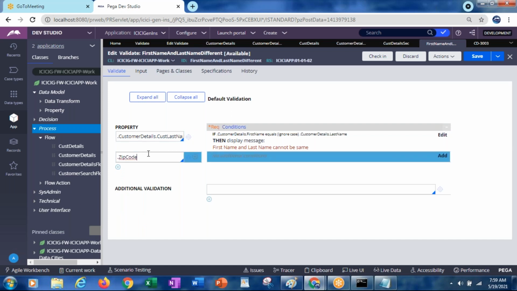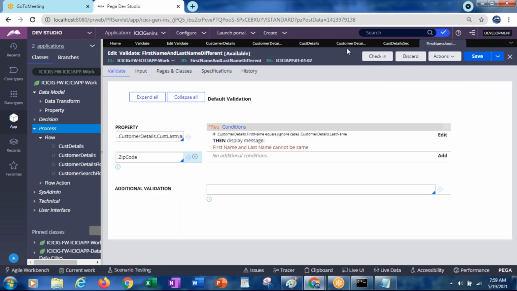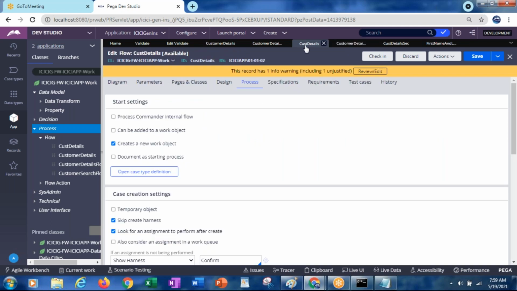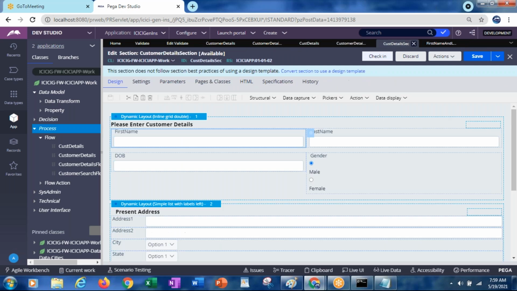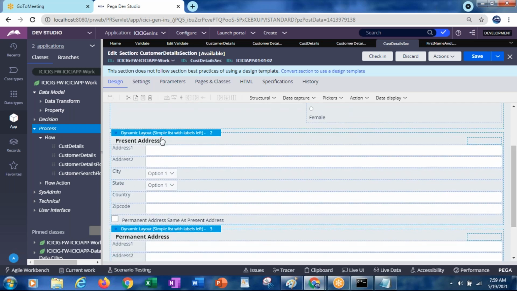Okay. So now this zip code, in which section, in which layout do we have it? This is available under present address dot zip code and permanent address dot zip code, right?